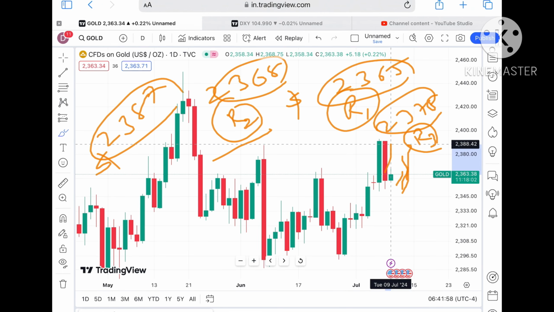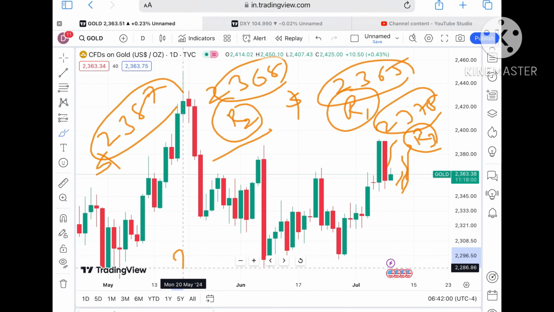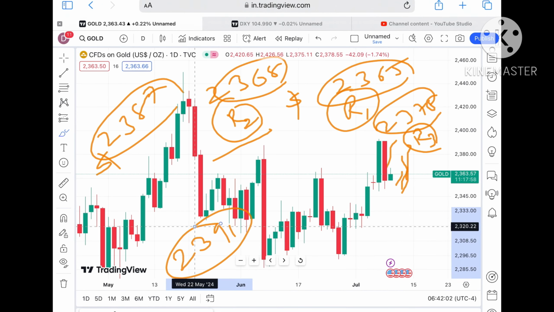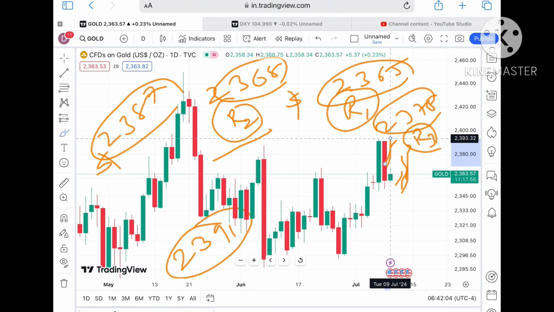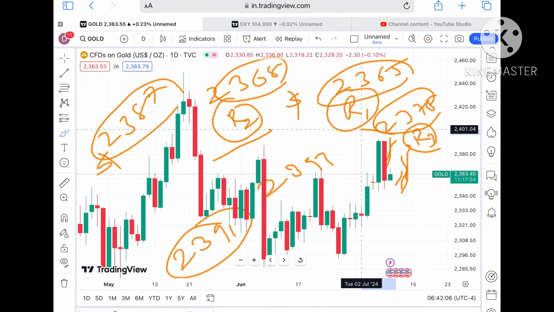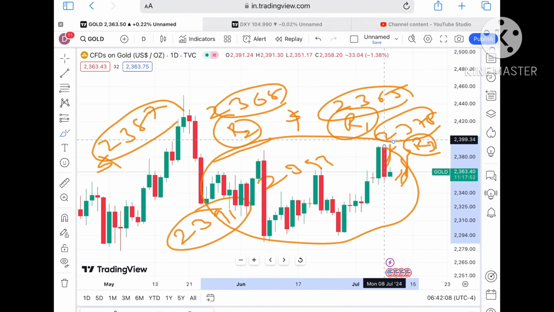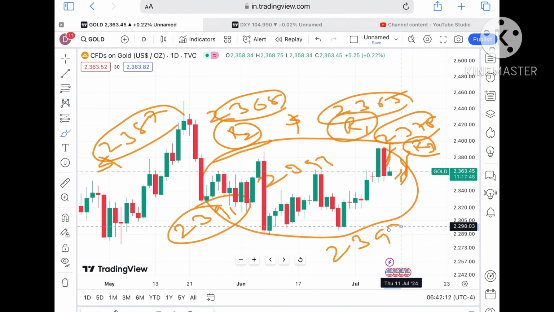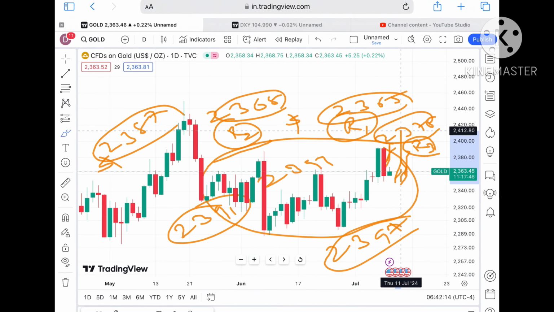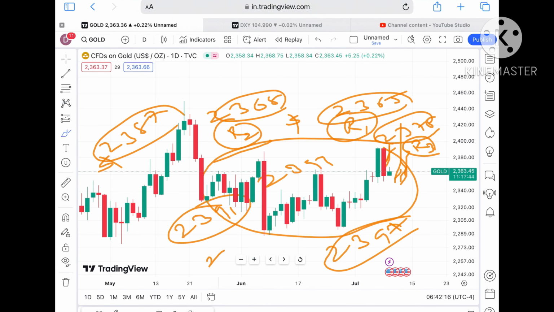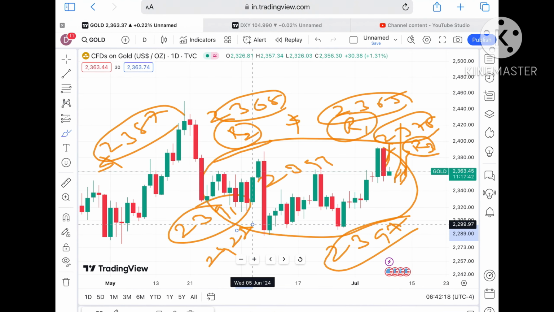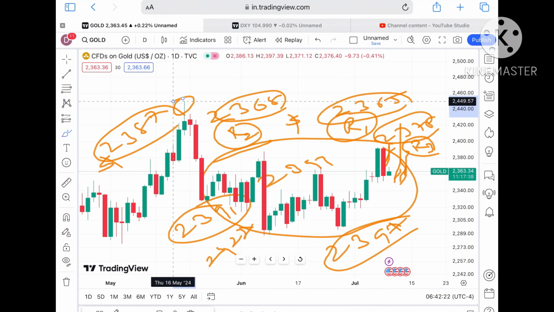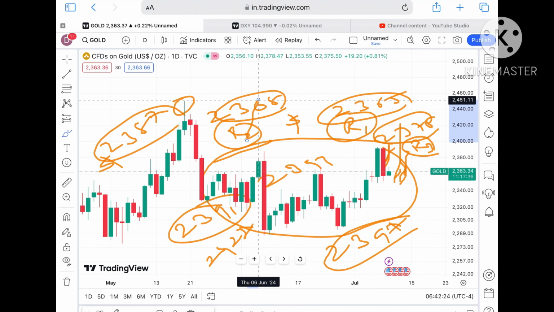Okay, suppose the price moves above this level, we can see it will cross a level of $2391, and from there it will go above a level of $2393. As soon as the price started going over this level, it will cross that level, and yes, after that it can cross a level of 2397, and then a probability of moving towards a level of 2422 will be there. Okay, and then making a new high also we can see in the price of gold, because we have seen today there can be an event which can